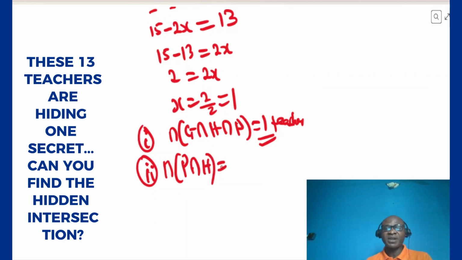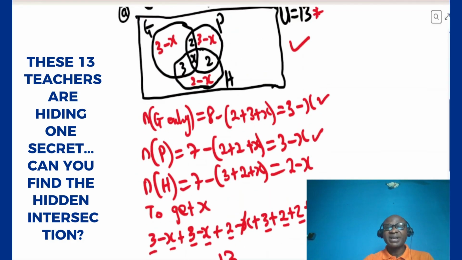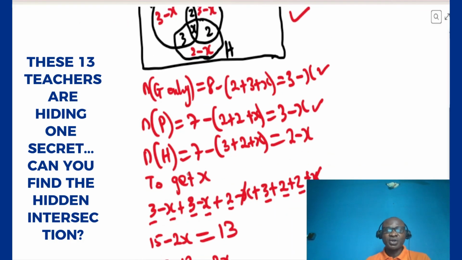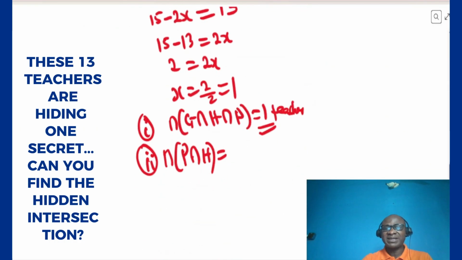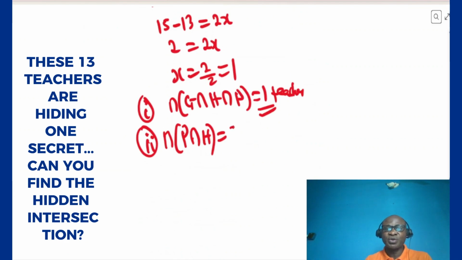Those who teach geography, we know them as from here. Look at it here. Geography and history. Let me go up a bit. Okay. Geography and history. Look at it here. Geography and history, but not government. Look at it here. There are 3 here. Okay. Plus those who teach also government, and they also teach history. Now, what I'm going to do, it is now going to be 3 plus 1, and that is now equal to 4. So our answer to this question in number II, number of those who teach geography and history, is